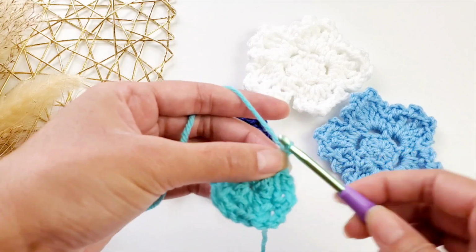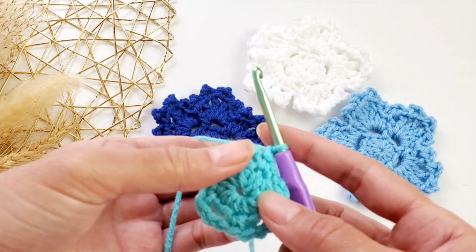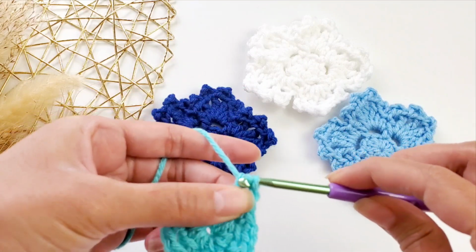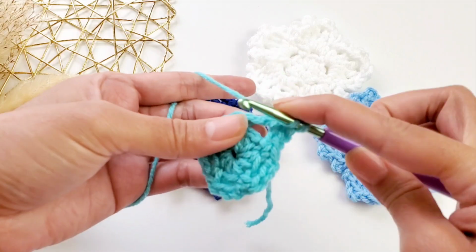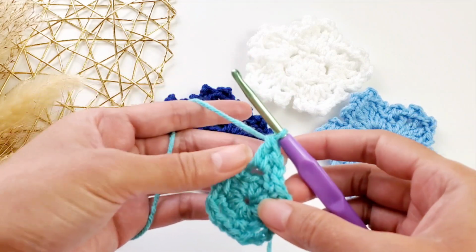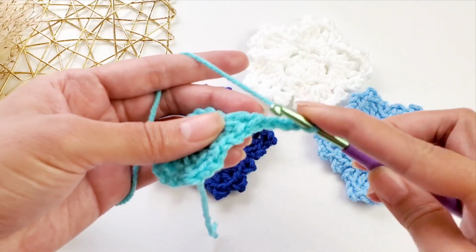Okay, chain 1. Now you will be working into the chain 3 spaces from the previous round. Make 1 half double crochet, now make 1 double crochet in the same space with picot stitch. To make the picot stitch, chain 3, 1, 2, 3, and you go to the base of